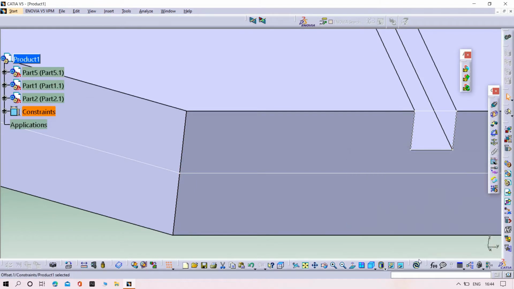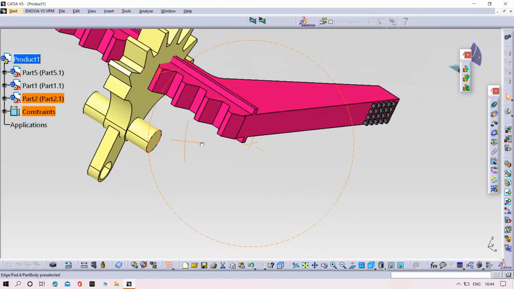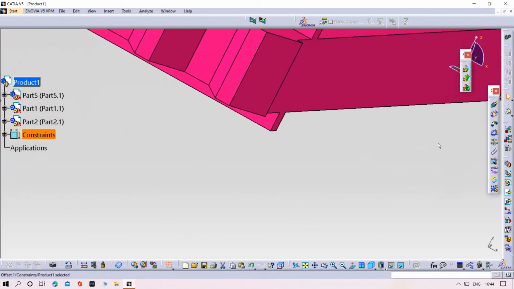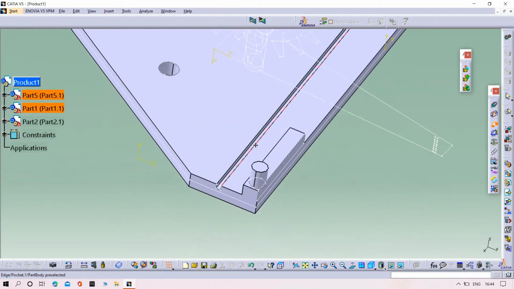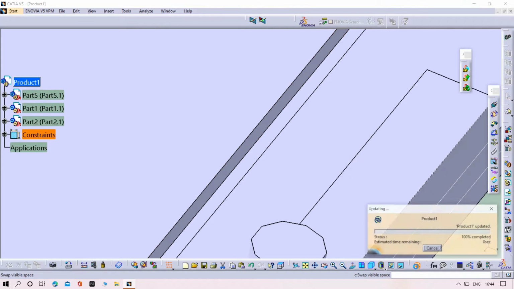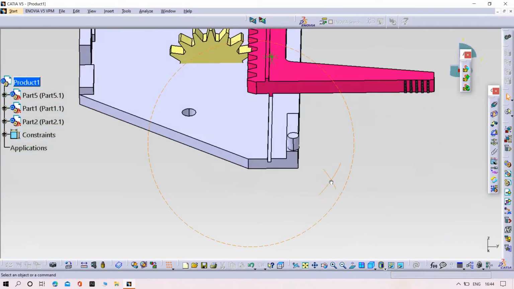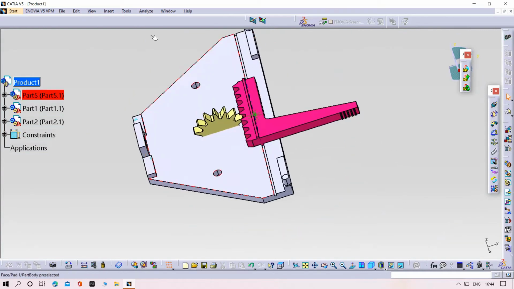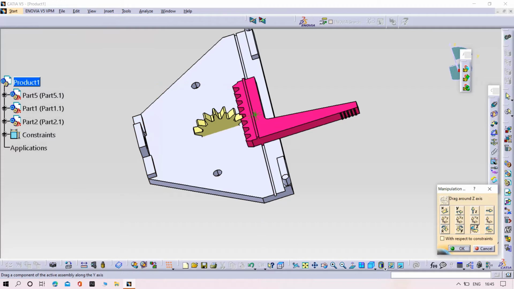Zero. Then try to give the side surface distance also. Zero. Apply. Let's see. Perfect. It is assembled perfectly. Now try to take out part number 2